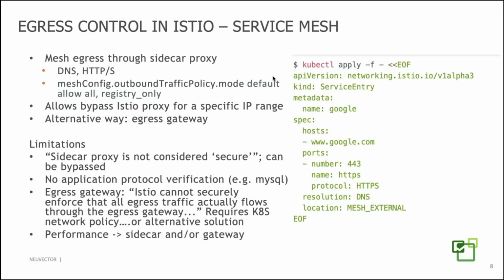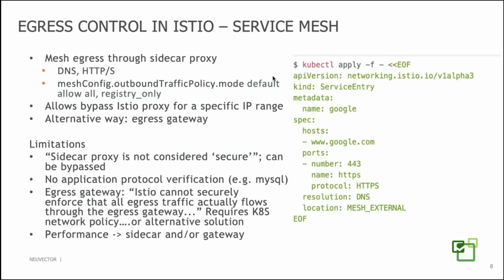As we said before, other than HTTP and HTTPS, there's no application protocol verification. And if you're thinking about the egress gateway approach and funneling traffic through the gateway, this again is from the documentation: Istio cannot securely enforce that all egress traffic goes through the egress gateway. So if you want to have a really locked down environment, you're going to have to use a